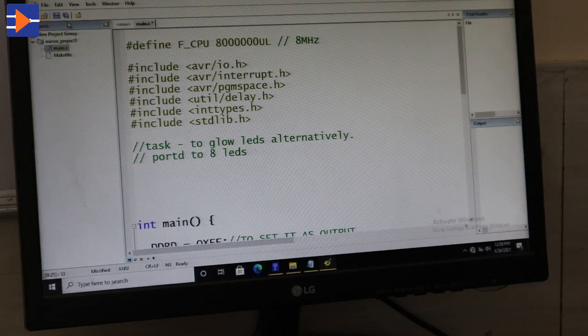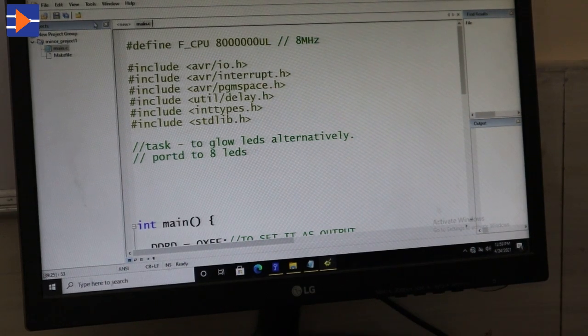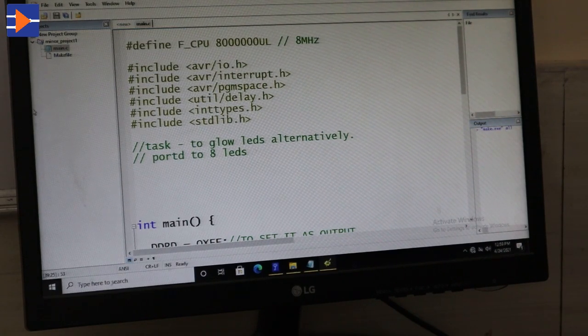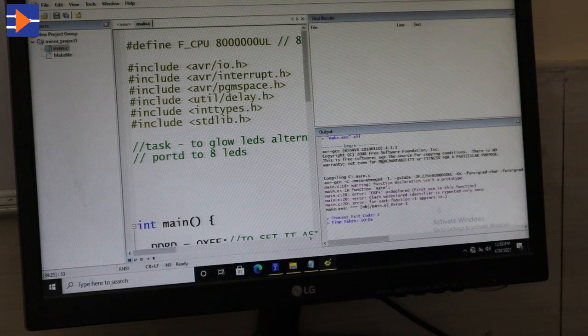So we are ready to run this program first. We have to first create the hex file. We have to click on Tools, then click on Make All. And if there is any problem, it will be indicated here.